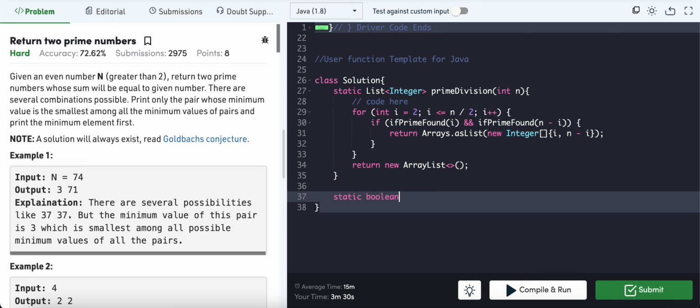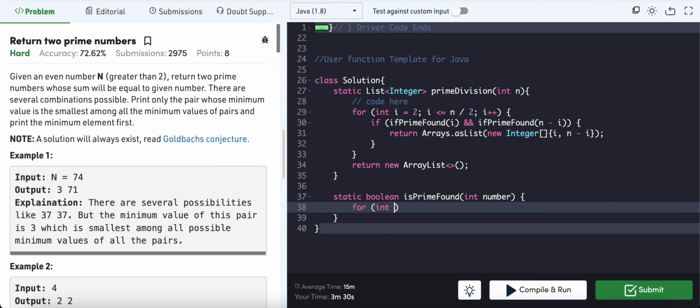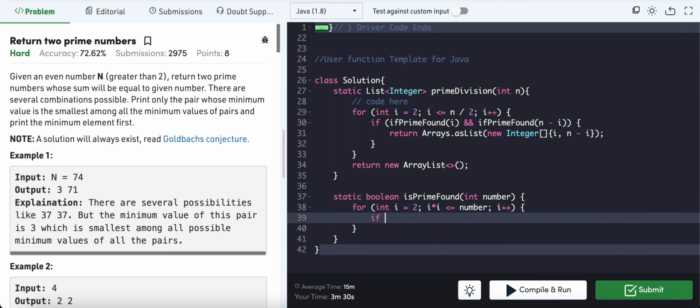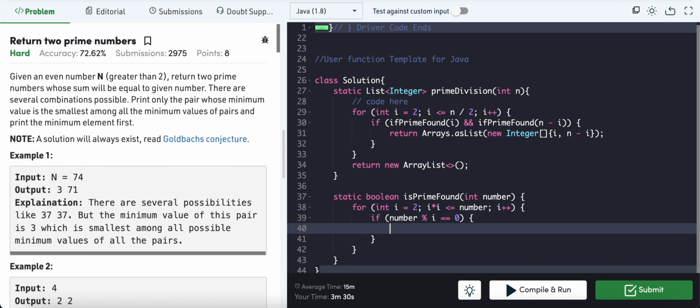So static boolean isPrimeFound for number. It's pretty straightforward. For int i equal to 2, i into i less than or equal to number, i plus plus. If number mod i is equal to 0,